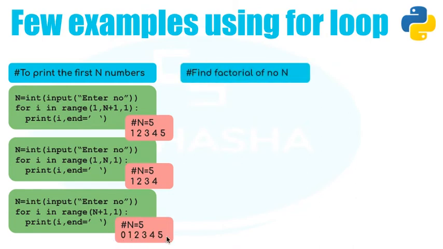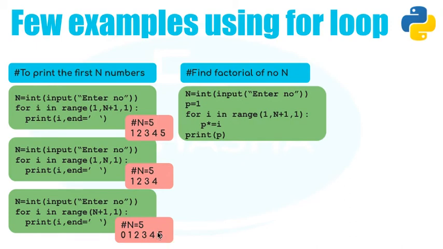Okay, let's talk about the factorial of a number. Now, what is a factorial? A factorial is nothing but the product of all the numbers from 1 till n. Suppose n is 5. So, what will be the factorial of the number 5? It will be 1 into 2 into 3 into 4 into 5. Okay, so let's take a case where I have a number n. I've taken p is equal to 1. Now just remember that the number of times my loop is going to get executed will be 1 to n plus 1. Now I hope you know why it is n plus 1, why not n? Because it has to be less than n plus 1, where n has to be included.